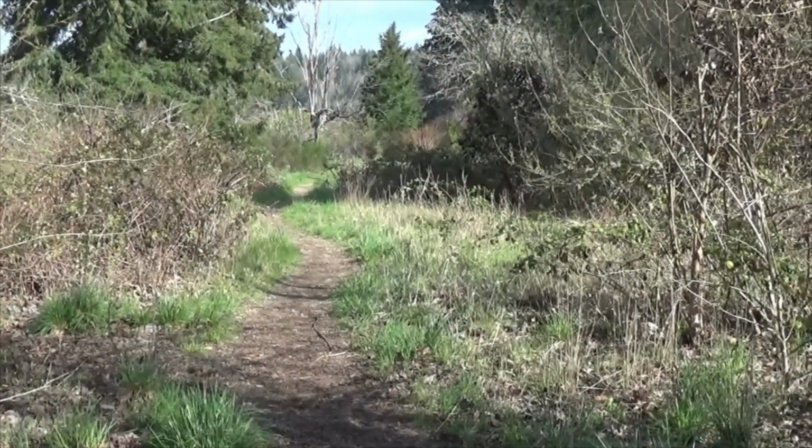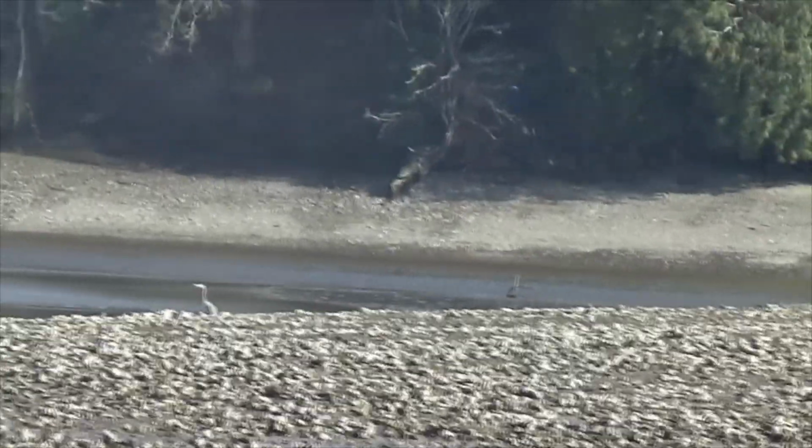This is a lovely little trail too to get down to the clam grounds. Far away zoom over there on Mr. Blue Heron. All right, so the last time I was down here, I didn't talk about my implements or instruments,